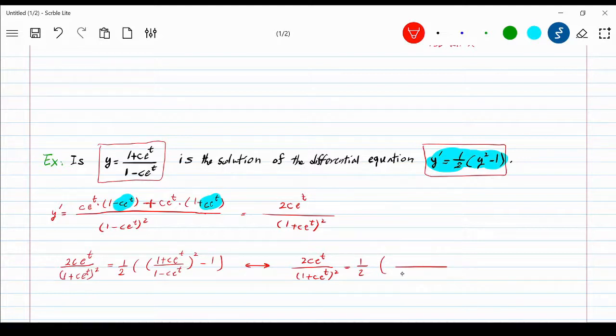If you do common denominator first, you will get (1 plus c e to the t) squared, minus, instead of the negative 1, I can write (1 minus c e to the t) squared divided by (1 minus c e to the t) squared. This is instead of the 1. It's the same thing. I'm trying to do common denominator. So I can write them together and say this is minus that with the same denominator. And now if you simplify the numerator,